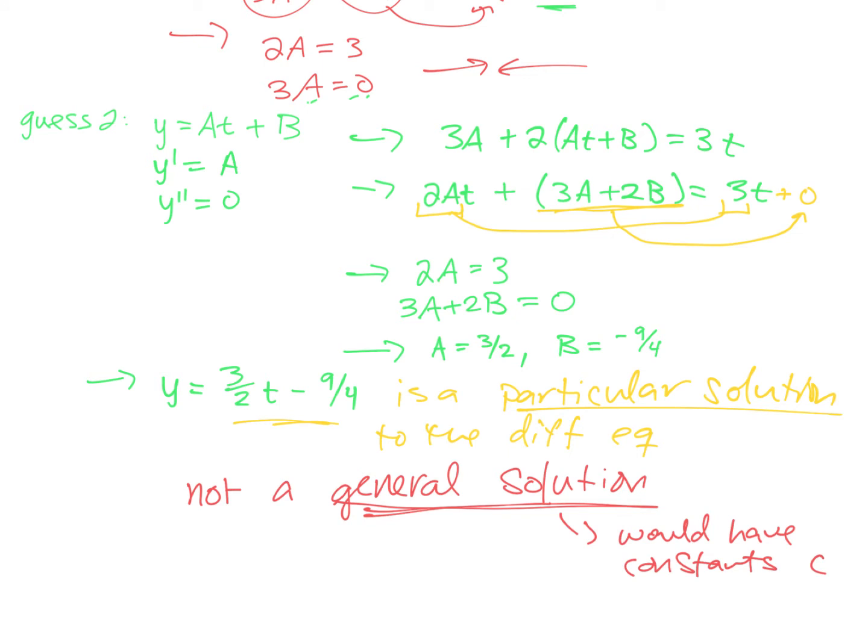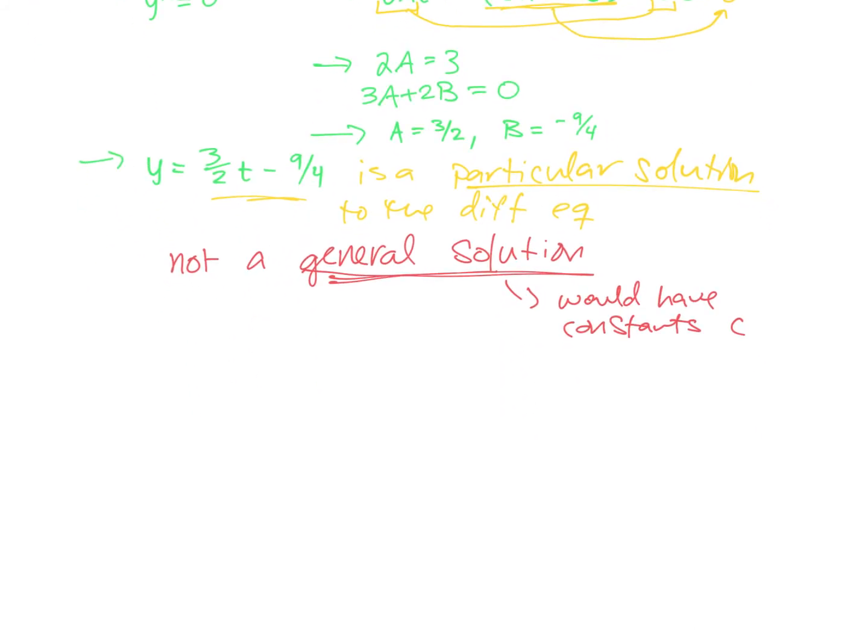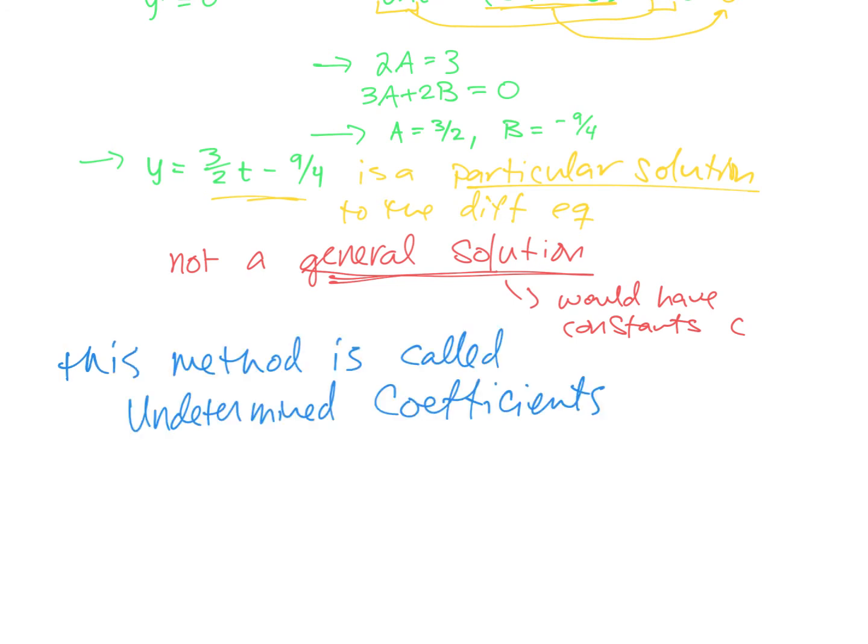So in this particular section, because we're just introducing this concept, we're only finding particular solutions. We're finding a way to find something that fits into the equation. And then in future sections, we're going to generalize that out, right? Okay. So now the method that we have just done is called the method of undetermined coefficients,